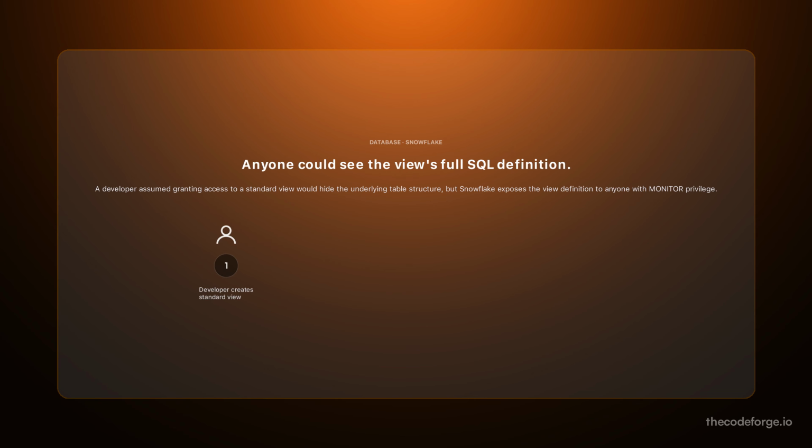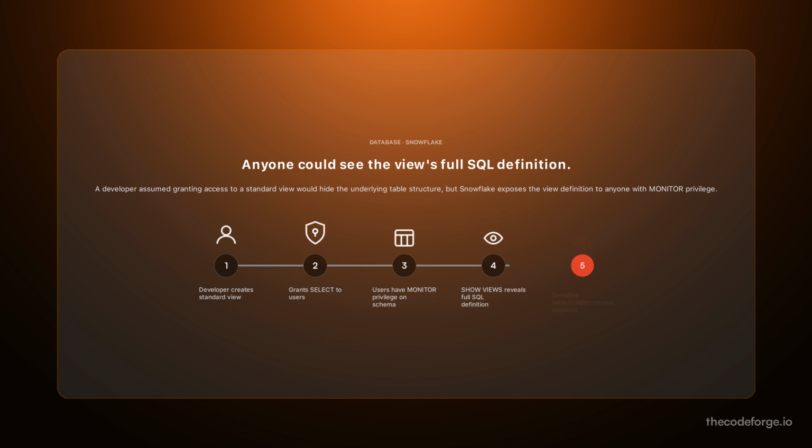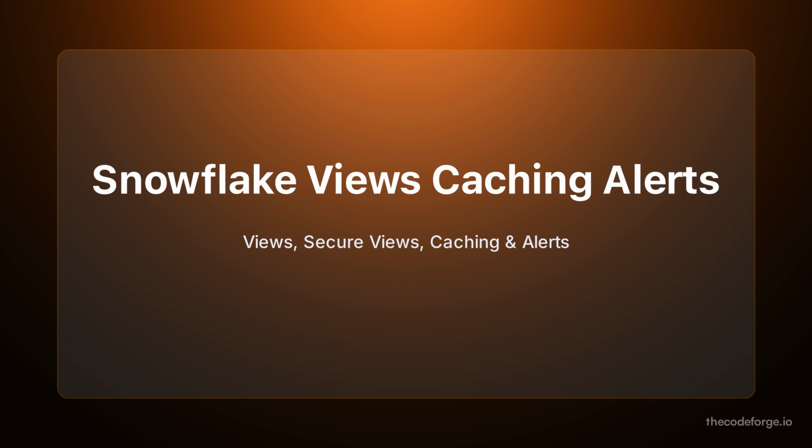Users could see the full SQL definition of a view, including sensitive table and column names. The developer assumed a standard view would hide the underlying structure, but it didn't. Let's explore. You'll learn how to create and manage standard views, secure views, materialized views, leverage result caching, and set